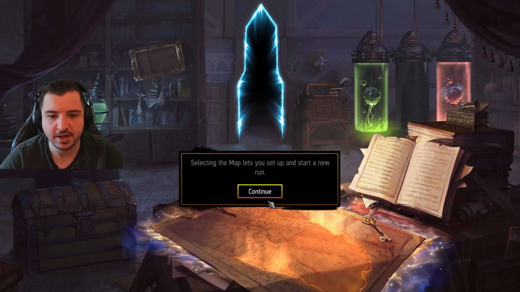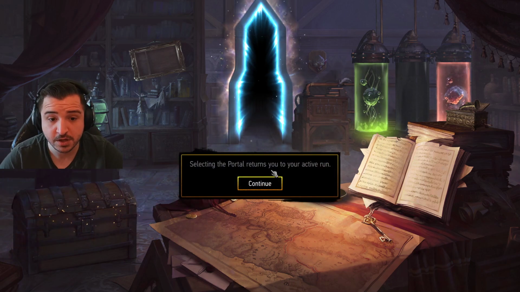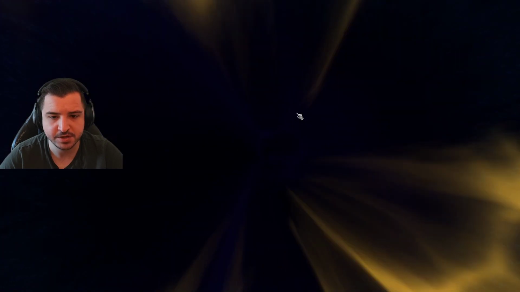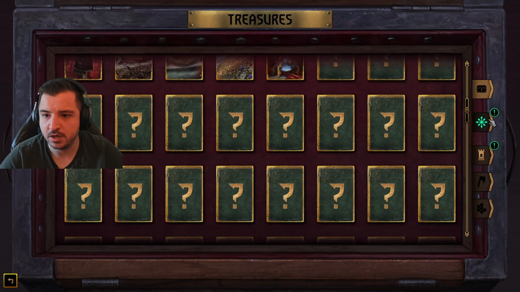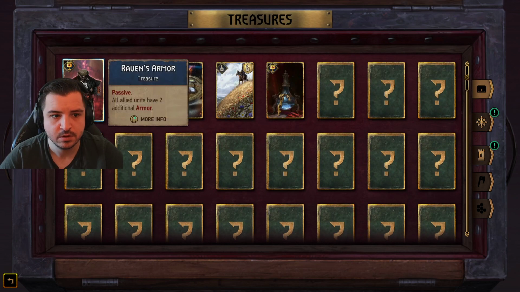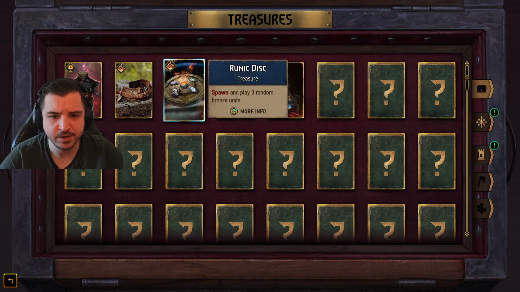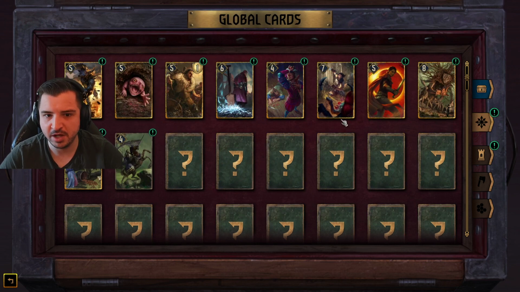Selecting the map lets you set up and start a new run. In the treasure chest, you will find your unlocked decks and treasures. Selecting the portal returns you to your active run. Okay, so treasure chest here. Aha, these are the treasures that we've unlocked so far. Raven's armor. All allied units have additional armor. So you don't necessarily have to play this. The runic disc is obviously really good. The Tears of the Dragon. But wasn't there also some kind of other thing that we...